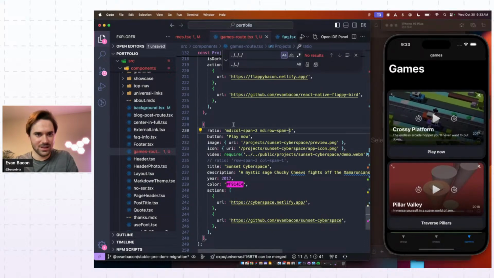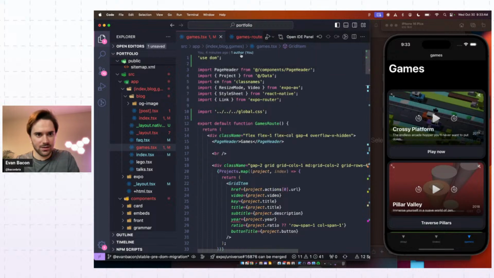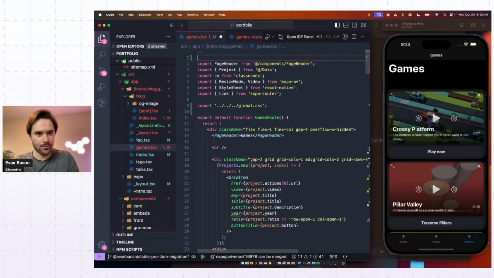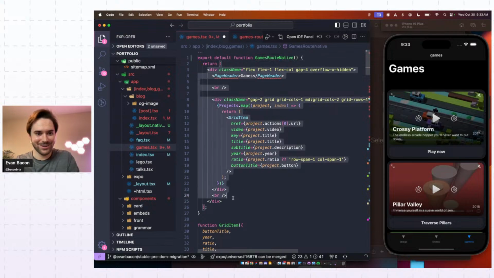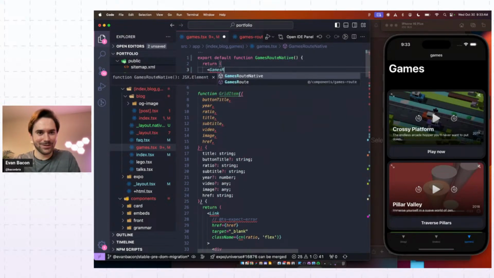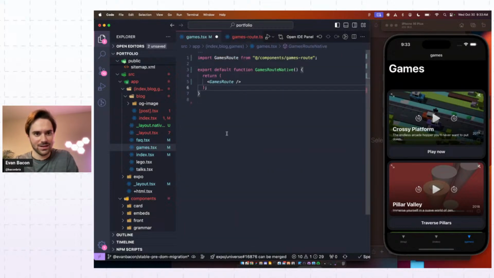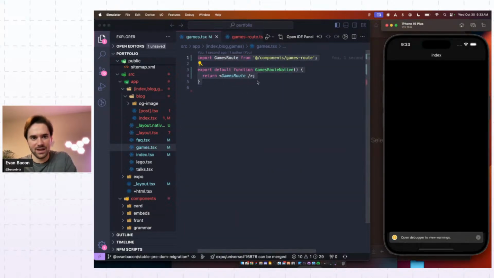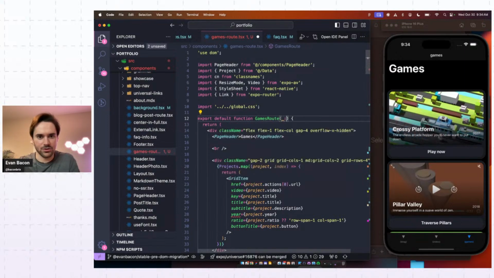That should fix that. Now let's go into our games route and delete the use DOM directive because we don't want this. We want this to be basically a native route. And then let's do games route native. Let's do games route, import our web view or our DOM component, delete all that. And so now we've basically refactored this such that we have access to the DOM component in all of its props. So if we were to go into it and do that same DOM component trick as before, where we say DOM,